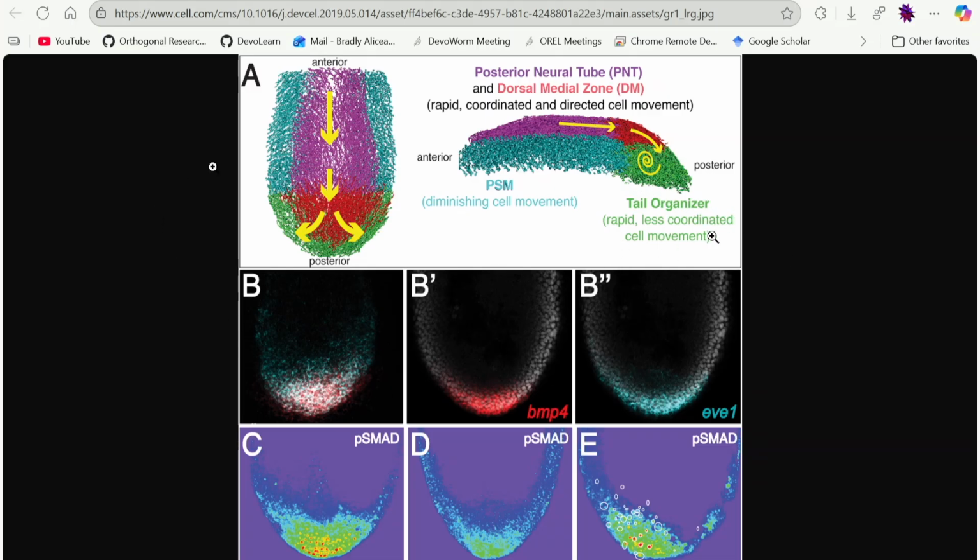That's interesting. Yeah. And so these images are showing the organizer. I guess this is at the posterior end. So you have BMP4 and EVE1. They're co-located, as you can see here. They break them out here, but these are where they're together. And then you have DMSO, and the perturbation, DMH1, showing that when you put that treatment there, you can obliterate the expression of these signaling molecules and it extinguishes the organizer. So that's that image.